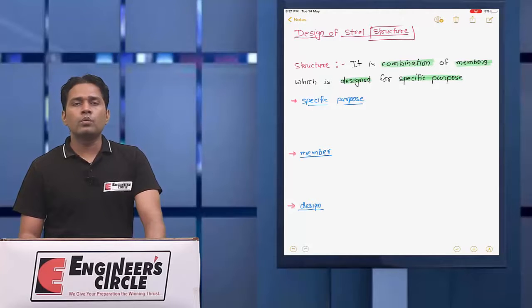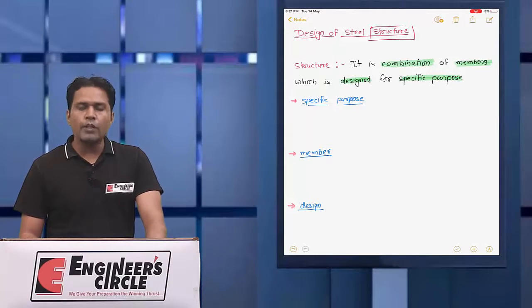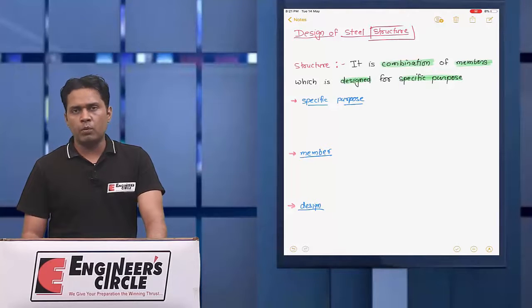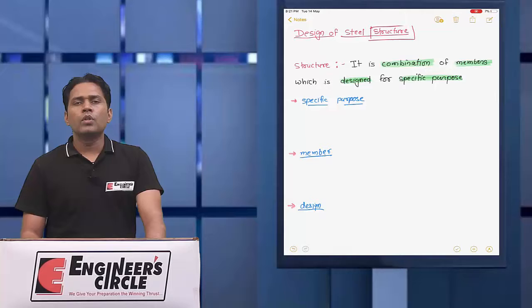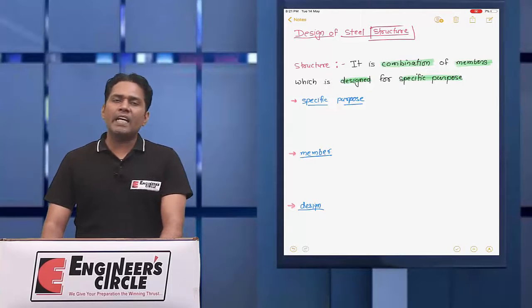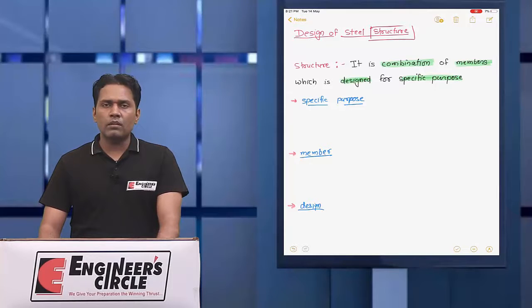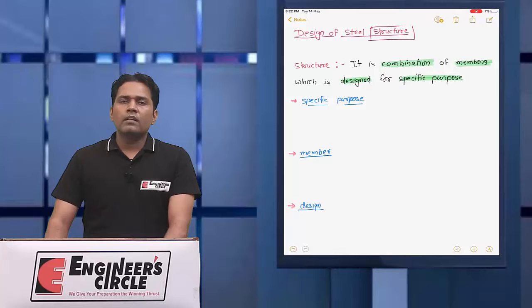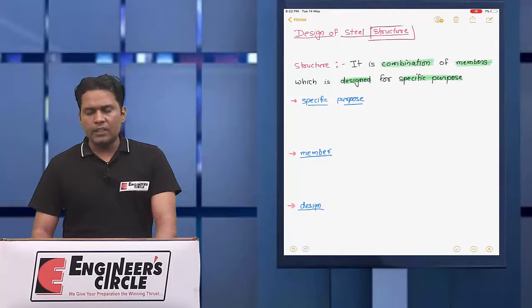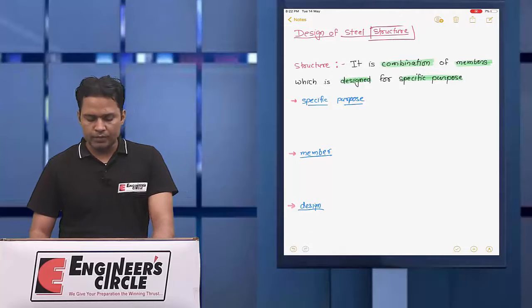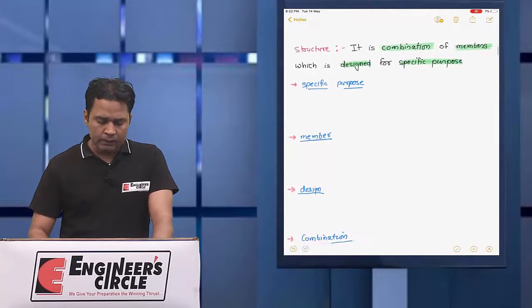Because you are preparing for the ESE exam. For this exam you must know each and every word, why it is written here and what is the meaning of this one. Then only you can solve the language type problems in the ESE exam. So I will try to cover each and every part, sentence, word, notation or figure covered in the video lecture, and I will explain with the graph. Okay, so let's start with the structure definition.